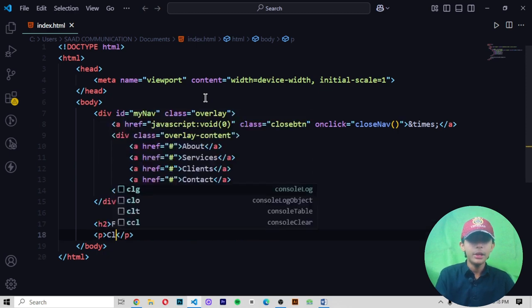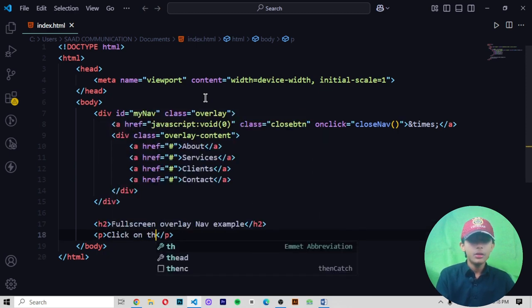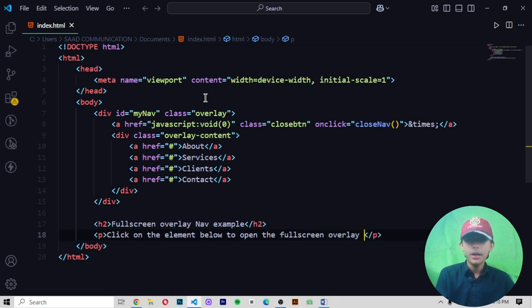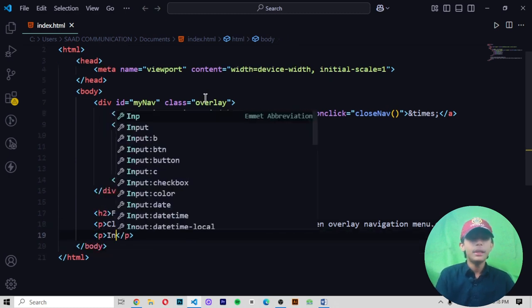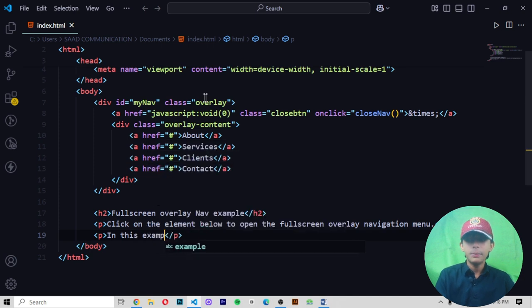Now, paragraph: I am looking. Click on the element below to open the full screen overlay navigation menu. Now here I am writing, in this example, the navigation menu will slide in from left